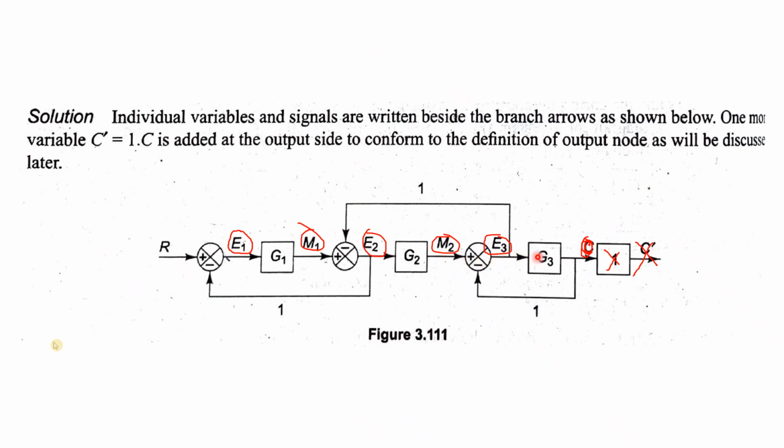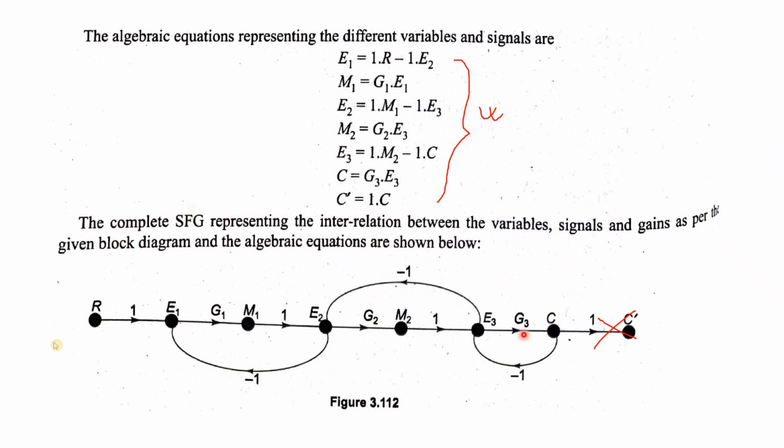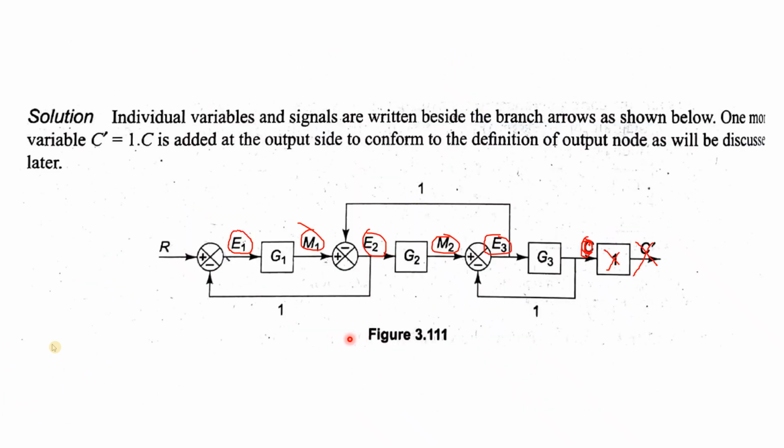Then M2 to E3, there is nothing, summation point. So it is extended. Now E3 to C, we have G3. Here G3. This is the forward path. We have put the values of gain of all the forward path. These are called the gains. इसको कहते हैं gain, ये वाला 1, G1, 1, G2, again 1, again G3. These are called gains. Or gain, single gain, plural is gains.